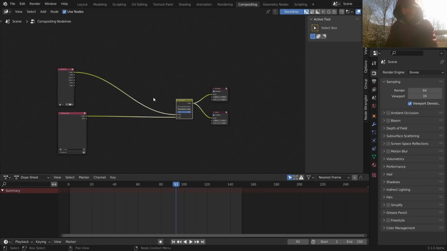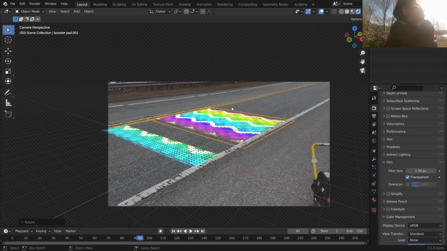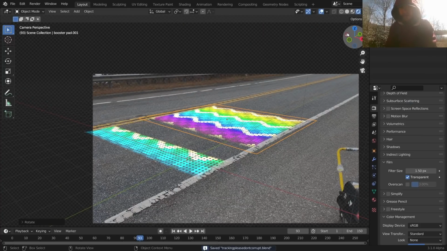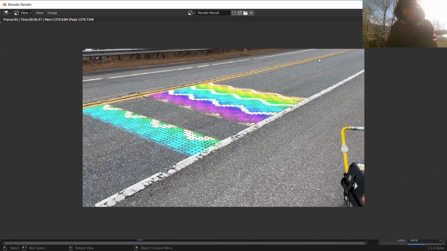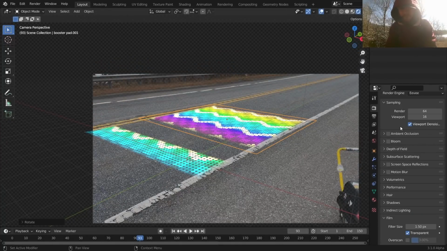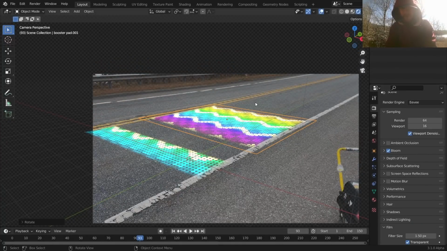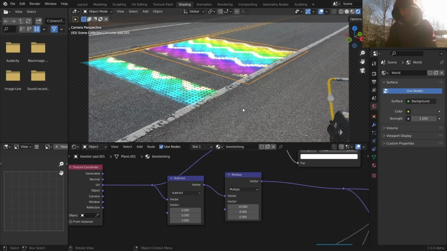Now, hopefully in the compositing, yes, I already got rid of all these nodes. Well, we did that together. So now all we need to do is kind of make this look good. If we were to hit render right now, we get this, and it's overlaid on top. It looks fine, but we could do better. First thing, we're in Eevee. Let's use some of that bloom. So enable bloom, and what bloom does is it kind of gives us this blurry glare effect,